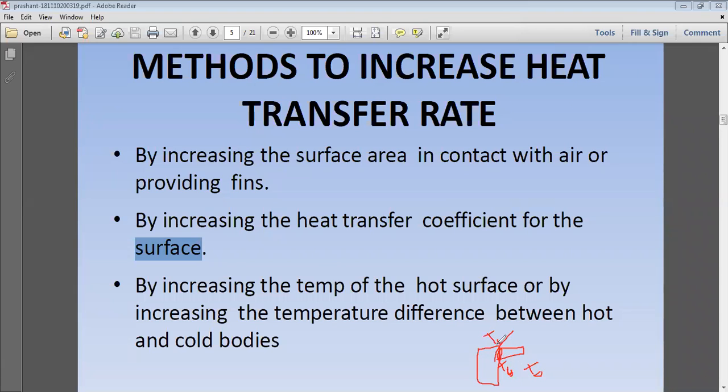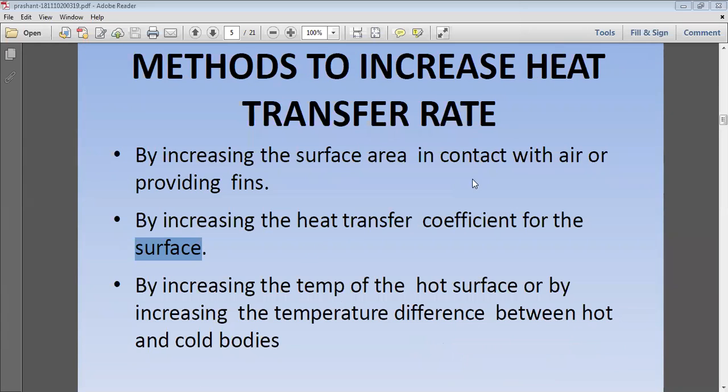So this is the base temperature. We can transfer more heat whenever the object is at a higher temperature. When we keep increasing the temperature, it obviously dissipates more to the surroundings, increasing the heat transfer rate. You can also see the difference Th minus T infinity will be high. So as the potential difference keeps increasing, the heat transfer rate obviously increases. So that is the third condition.